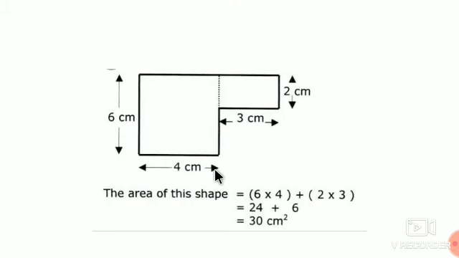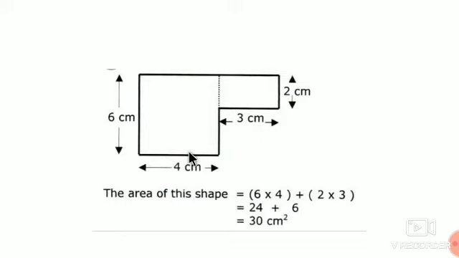So this is an irregular shape, because it is not a rectangle, it is not a triangle and it is not a square also. Such shapes are called irregular shapes. We can find the perimeter of these shapes also. For that you have to add the lengths of all the sides of these given figures. Now first see how many sides this figure has. 4, 5 and 6. So this figure has 6 sides. So we have to add the lengths of these 6 sides.